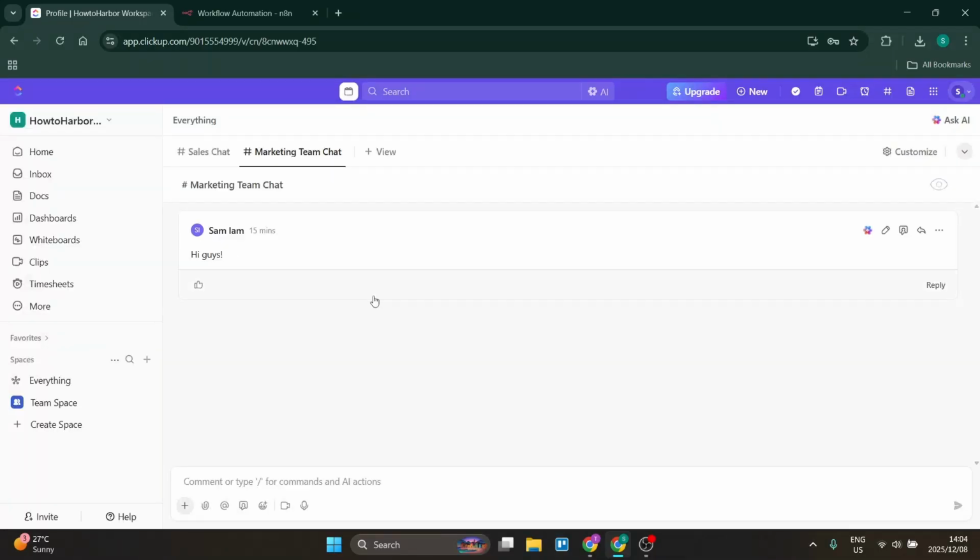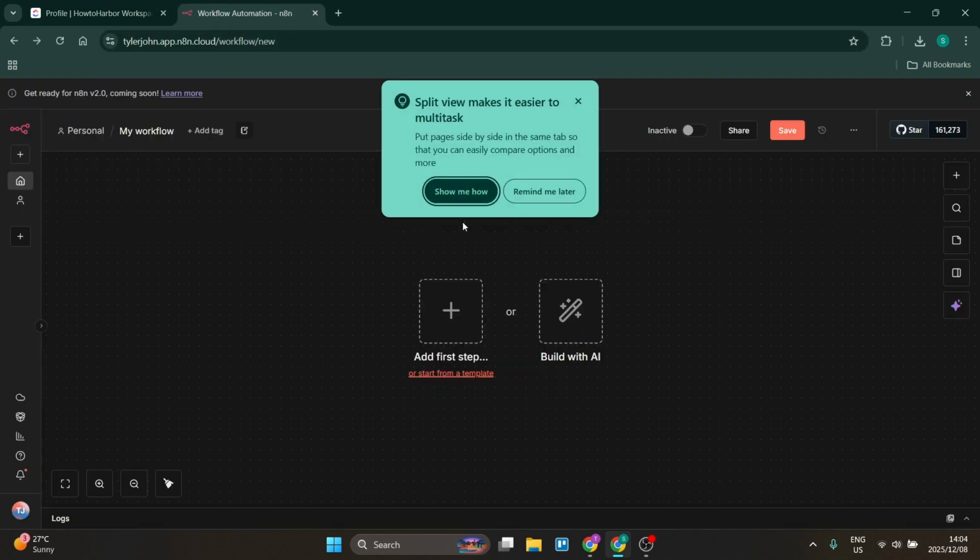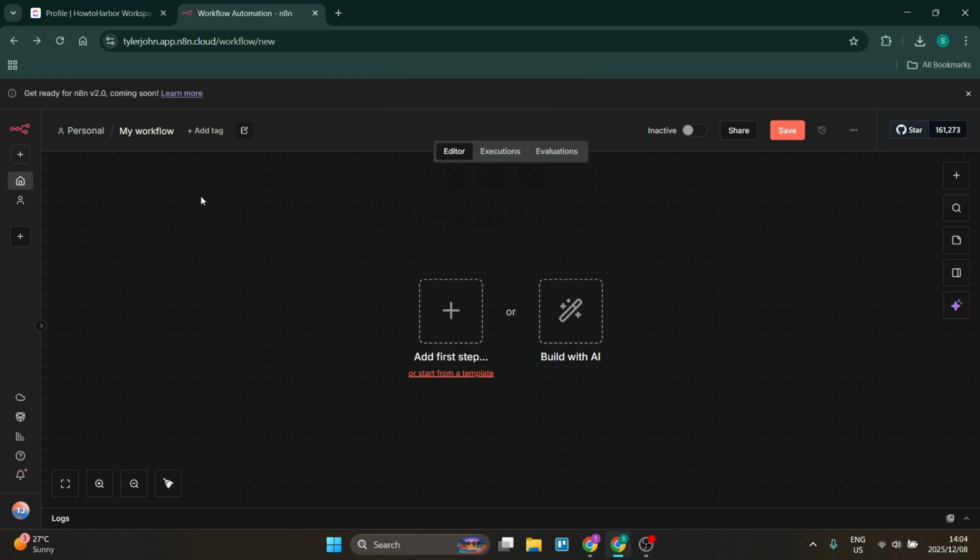Today I'm going to show you how to connect N8N to ClickUp. So ladies and gentlemen, the two things that you're going to do here is open up ClickUp. Of course, you're also going to open up N8N. And what we're going to do over here is create a new workflow, and you're going to create one from